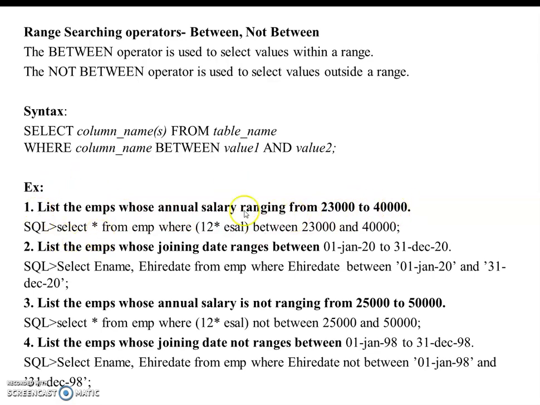The query will be select star from employee where 12 into sal, because annual salary is asked, between 23000 and 40000. This will display the results between the first value 23,000 and the second value 40,000. Like this you can perform queries for the NOT BETWEEN operator also.